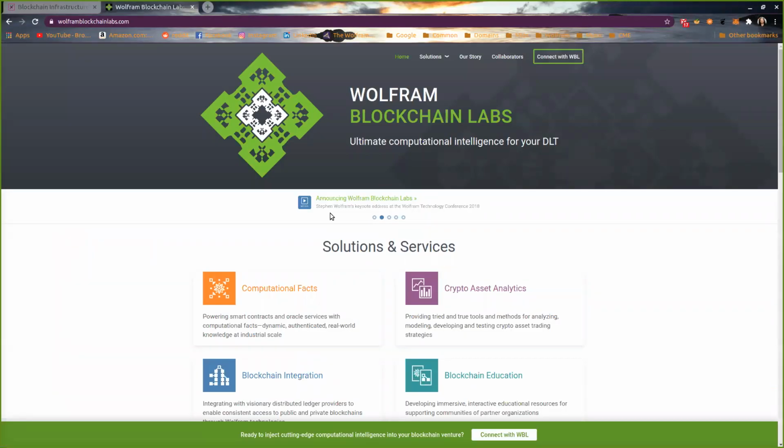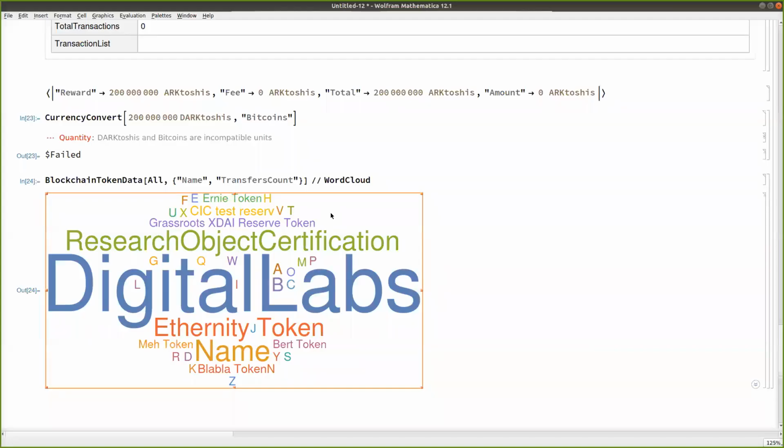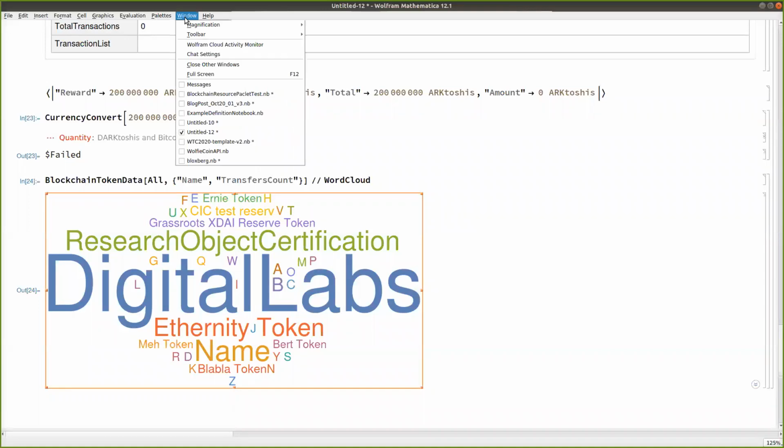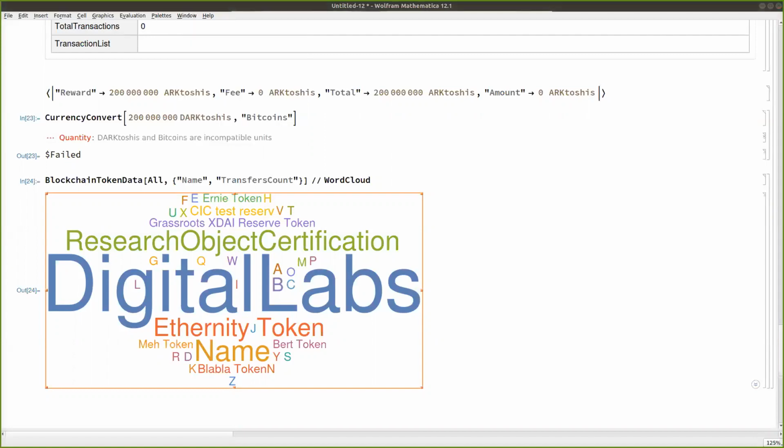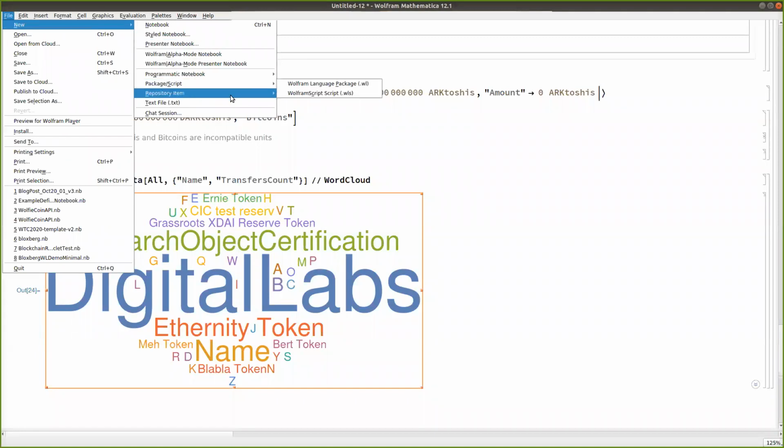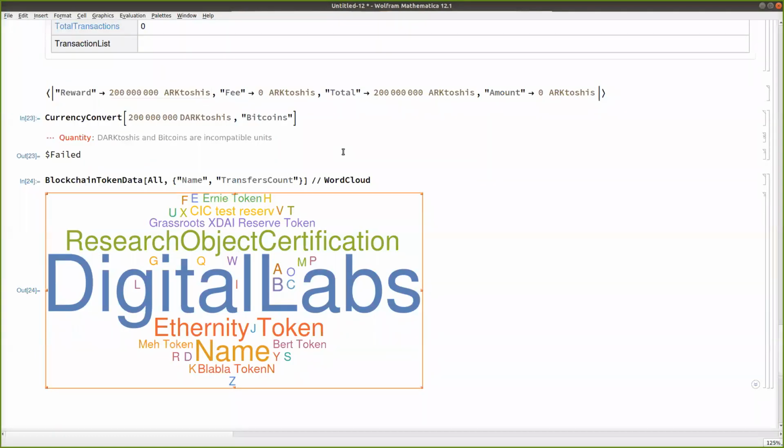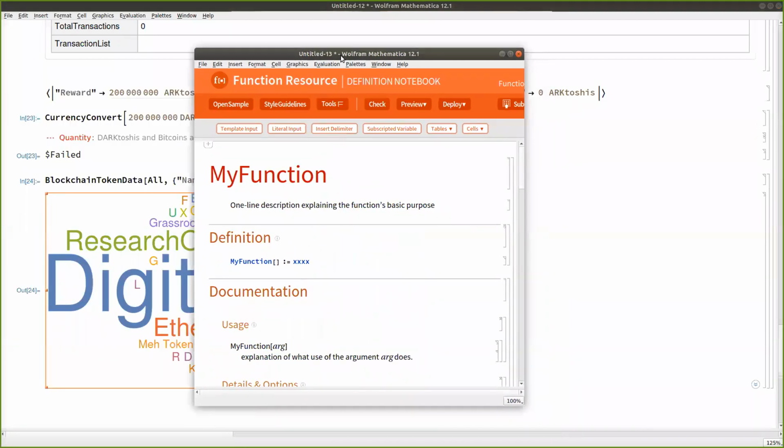So we talk to a company and we do some kind of partnership and integrate our technologies. But what if you have your own blockchain and you want to integrate your blockchain to the Wolfram Language? If you are familiar with stuff like, let's say, the Function Repository, where you can submit functions to the Function Repository or the Data Repository,